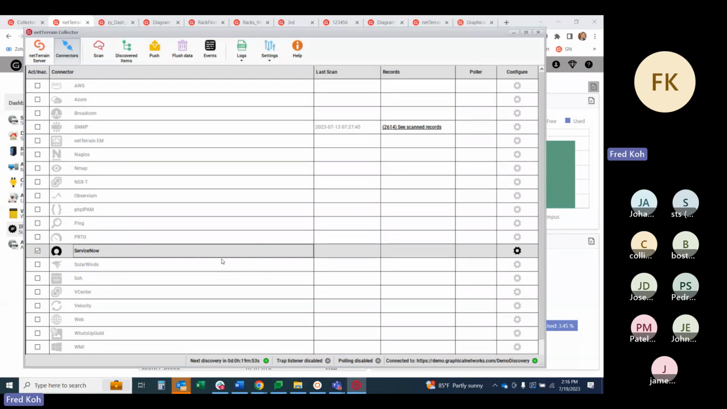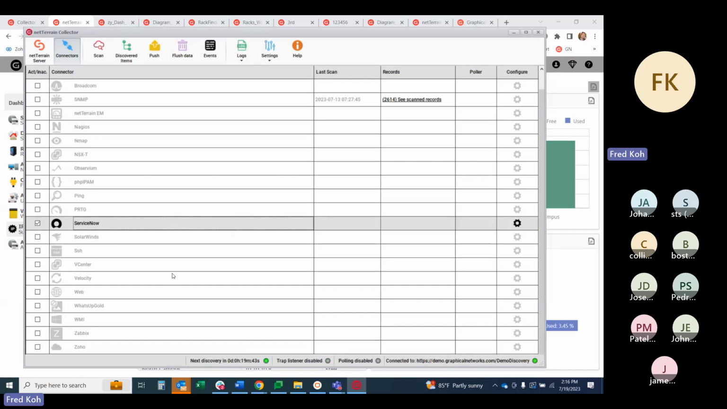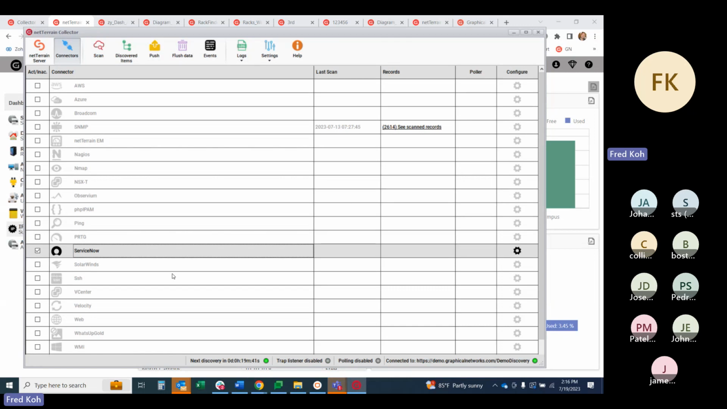The collector I'm showing you here is a little outdated. We also have a new Remedy connector as well. And you can see here, we have a lot of hooks into third-party applications, mainly network monitoring types of applications like SolarWinds and What's Up Gold. Like I showed you before, we also have complete AWS and Azure. Again, in the 9.7 release, we have GCP as well. Our netTerrain EM module,